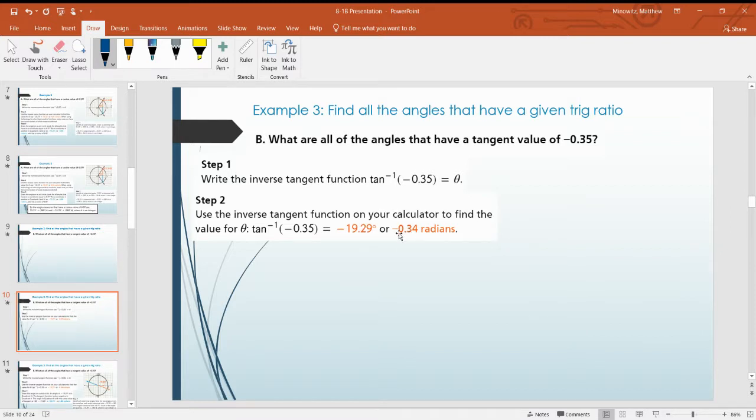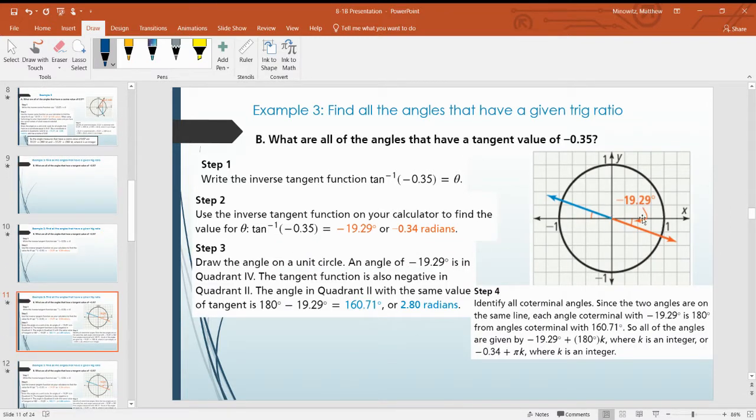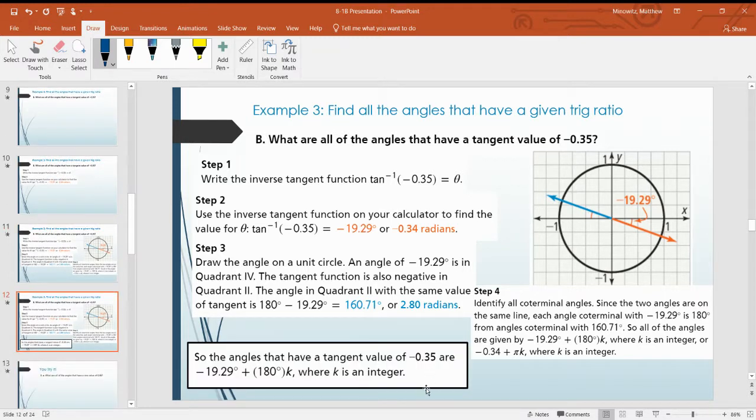So if I'm in degrees or radians, and right now I'll just stick with degrees and talk about this one, but radians, same idea. So my reference angle is 19.29 degrees. So I need to do this angle up in the second quadrant, so I can do 180 minus 19.29 and get 160.71. So I have negative 19.29 degrees and I have 160.71 degrees. So my two answers,